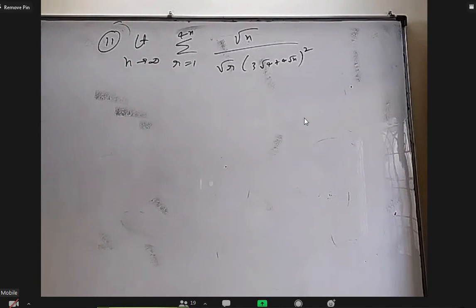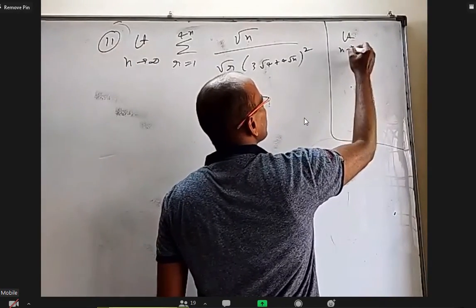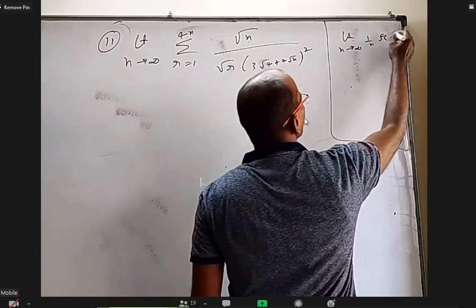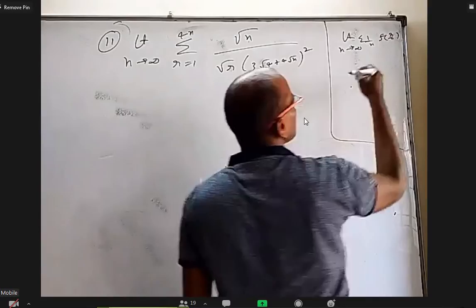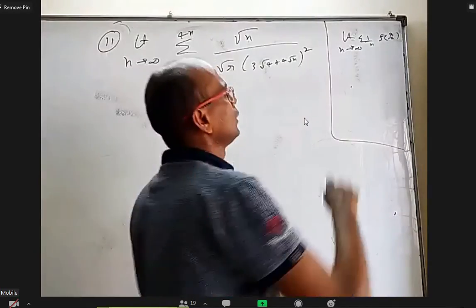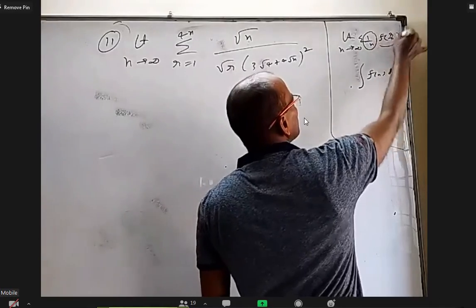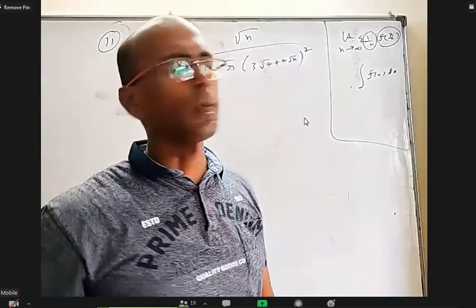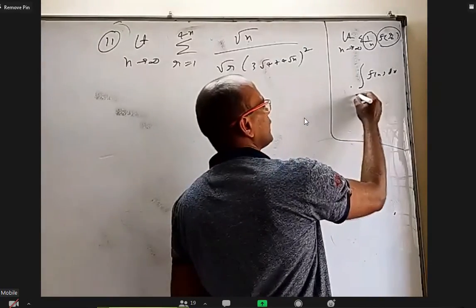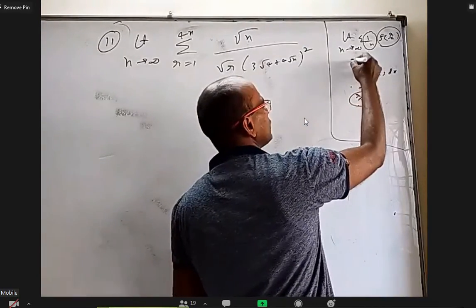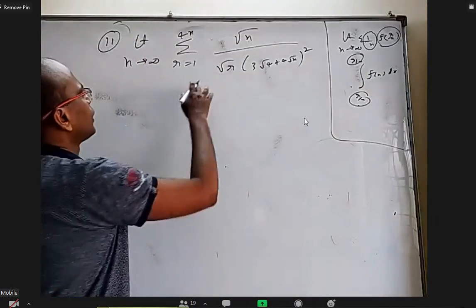We have questions of the form limit n tends to infinity 1 by n f of r by n. Sigma will have some limits. You should be able to write that as integral f of x dx. So you should have this 1 by n f of r by n, where r by n is x. You know what is f of x. Limits you have to write suitably. You have to write the smallest value of r by n here and the biggest value of r by n here based on the sigma. So now how to adjust this here?